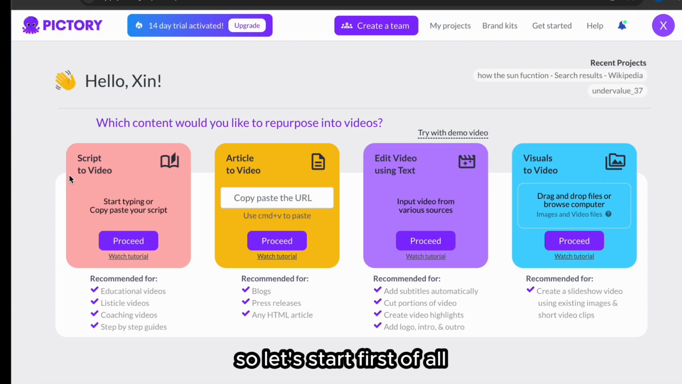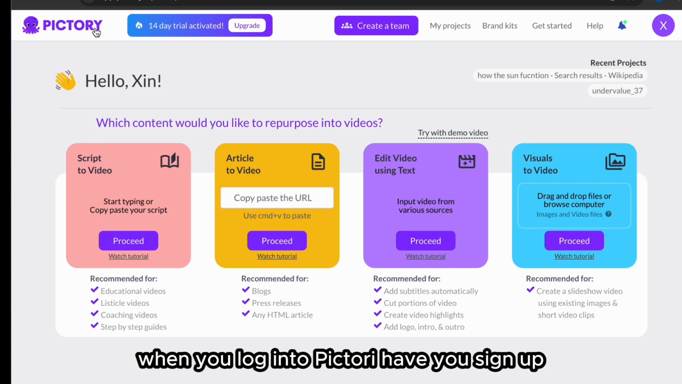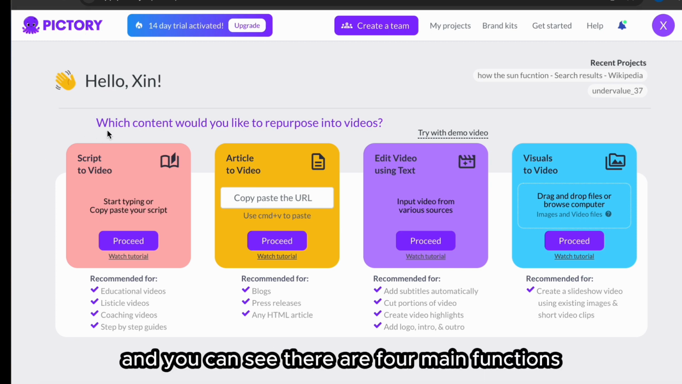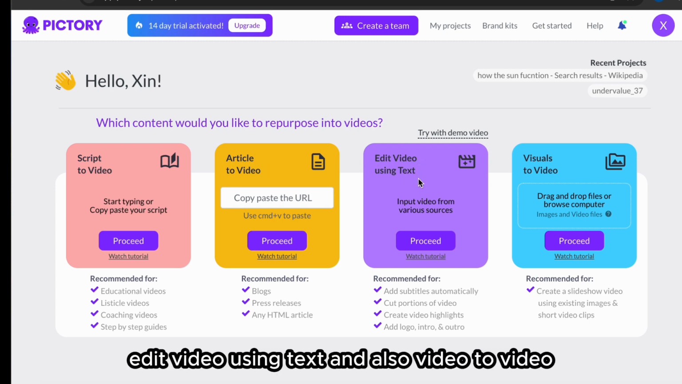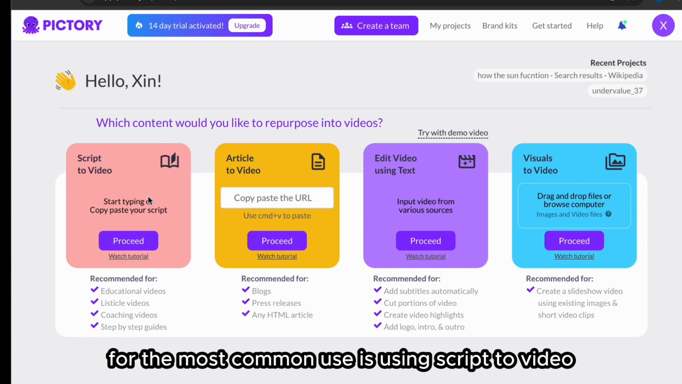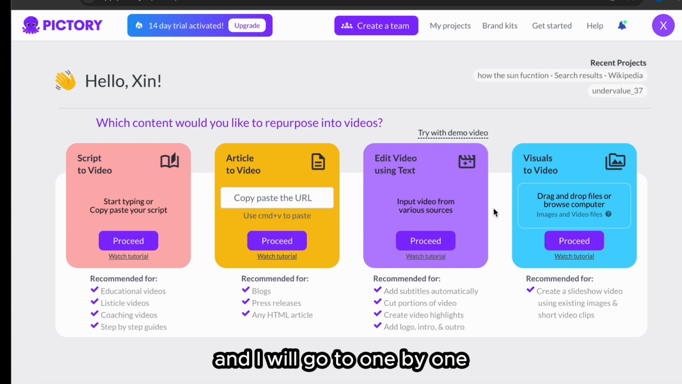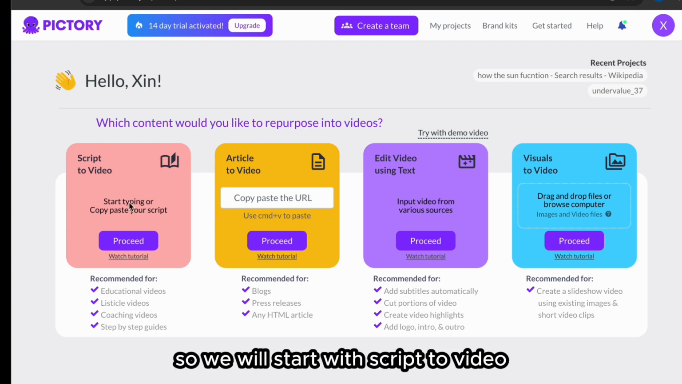So let's start. First of all, when you log into Pictory, once you have signed up, you can see there are four main functions: script to video, article to video, edit video using text, and also visual to video. Basically, the most common use is script to video, and I will go through them one by one. So we will start with script to video,